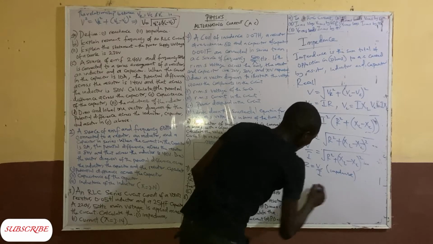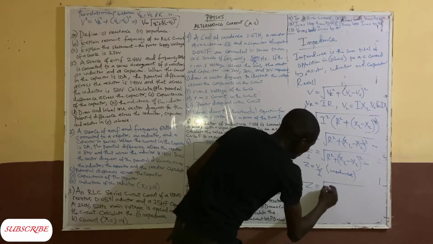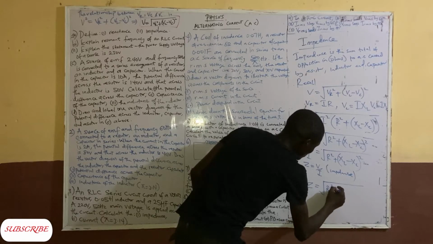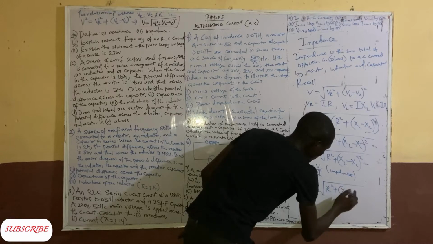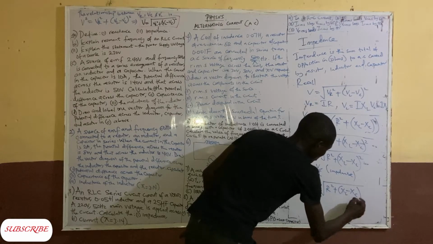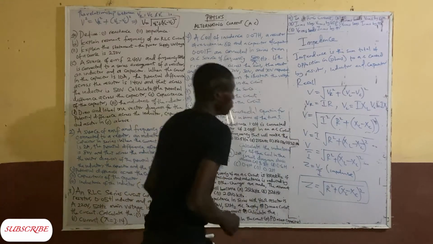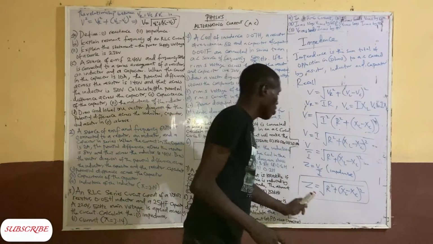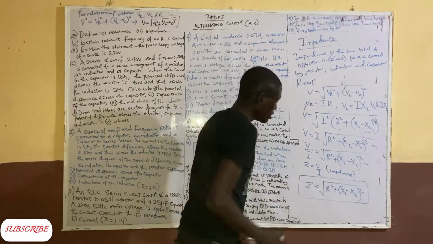So impedance is now given as Z equal to the square root of R squared plus XL minus XC, all squared. This is how to calculate the impedance, which is the sum total of the opposition. Now, where XL is the